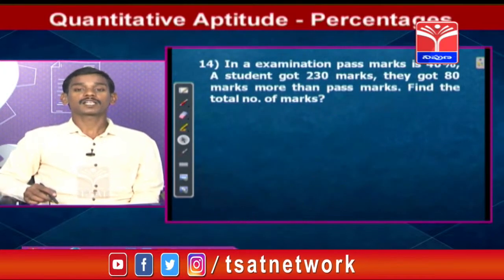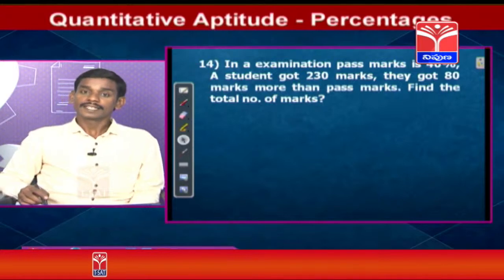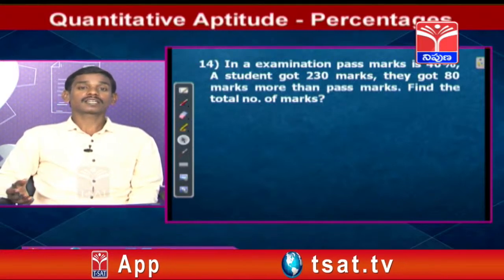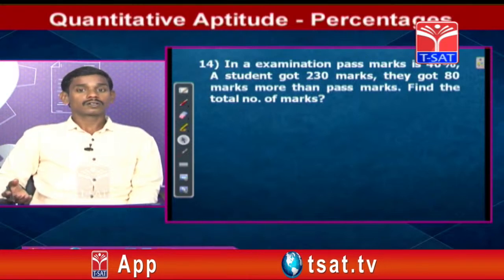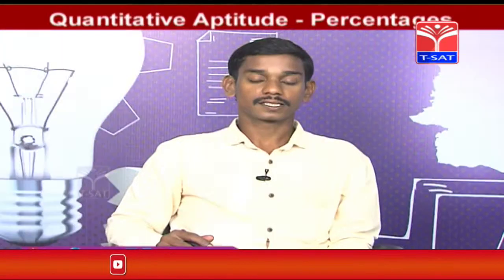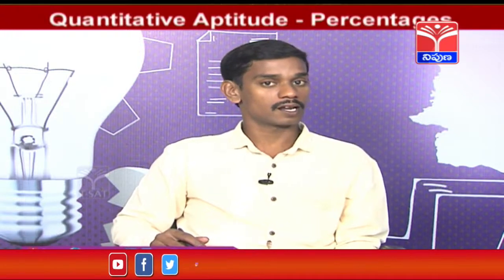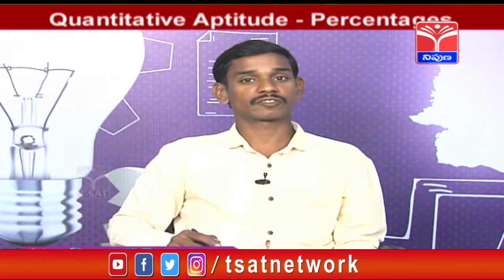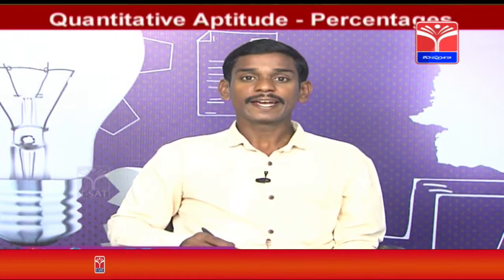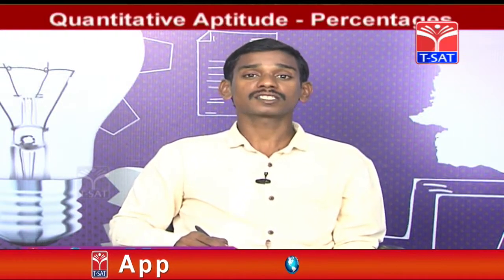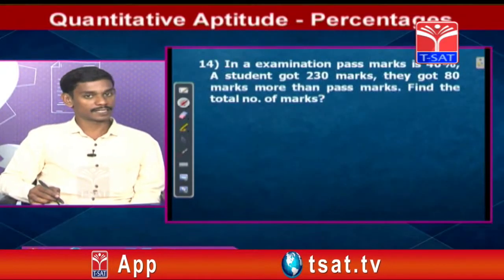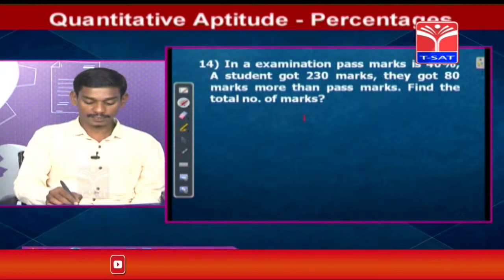In an examination, the pass marks is 40%. A student got 230 marks, and 80 marks more than the pass marks. So find the total number of marks. See, this type of question is important in the banking sector or PO. So marks related questions are very important. In an examination, the pass marks is how much percentage? Total marks is always 100%. The pass percentage is